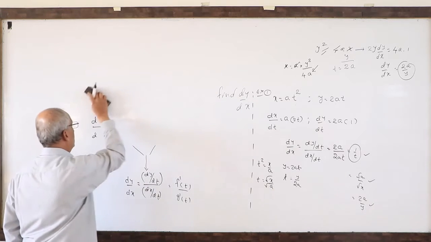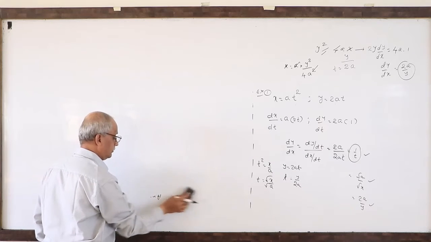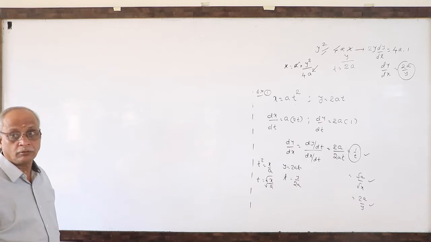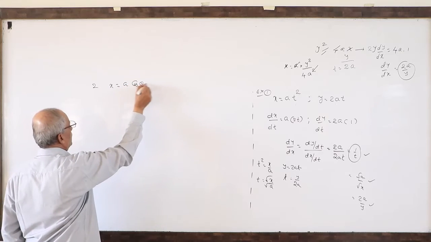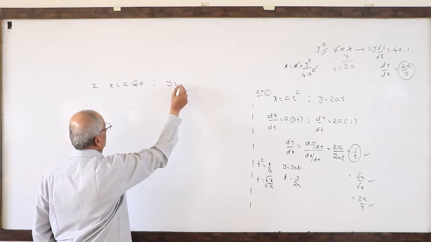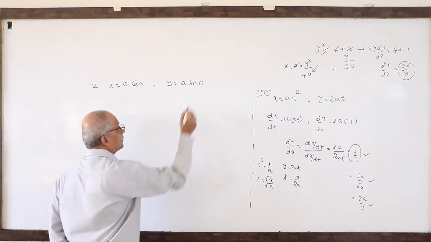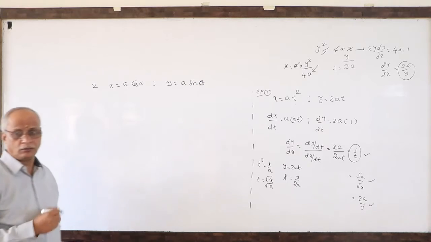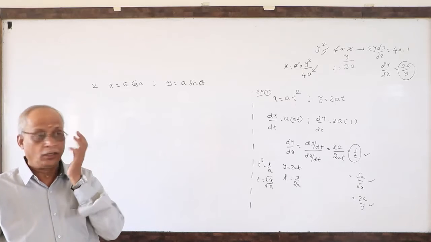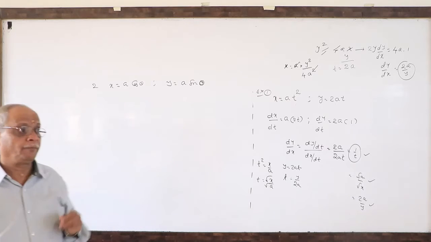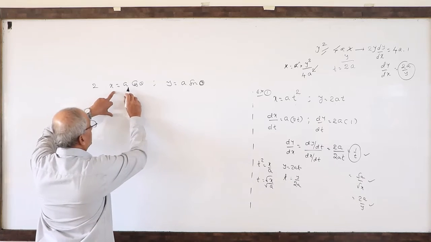Now, second example: x is equal to a cos theta, y is equal to a sin theta. All this I am giving is also there in the textbook. I could take b sin theta, but a and b is not a big issue here. I took a, that is the reason. Next time I will give a and b. Now you see here, what to do? How do we eliminate the third variable, theta, from this?